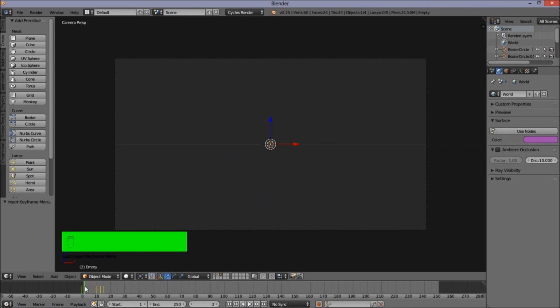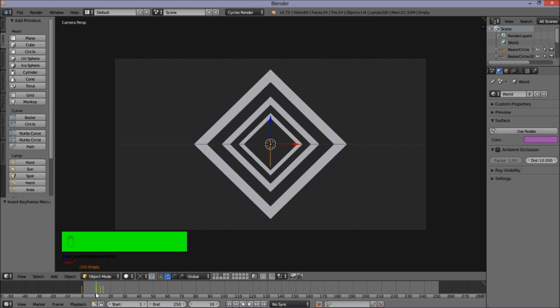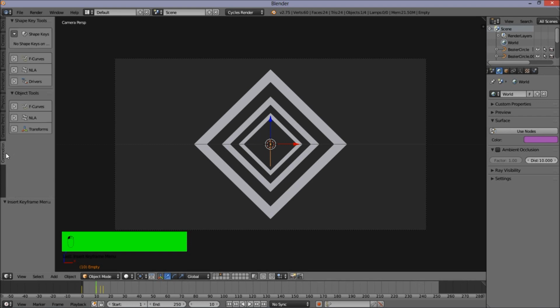Okay, so that's looking pretty good. Now we're going to use an add-on to offset the animation of our rhombus objects. The add-on's name is Commotion, and you're going to have to install this add-on if you don't already have it in Blender. To do that, you would go to the link we'll leave in the description and